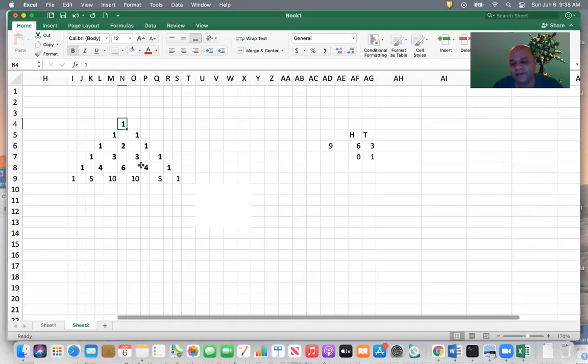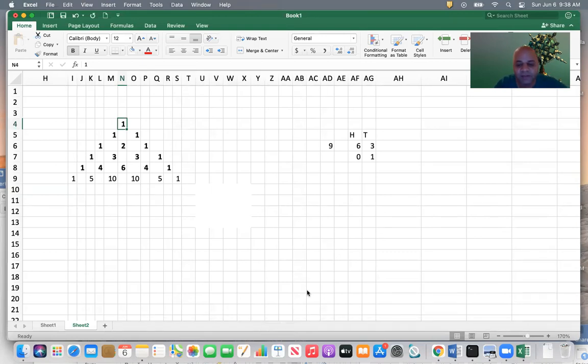There was a formula Madhura had asked about, and there is a formula. Okay, I'm going to explain it, but we are going to run out of time. So what we will do is I will stop